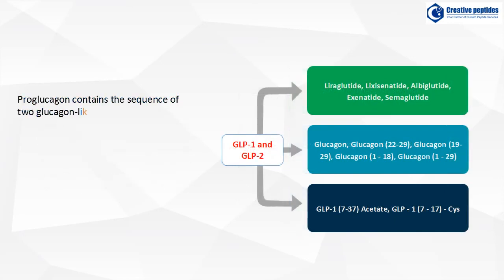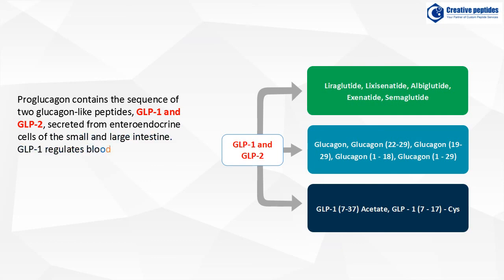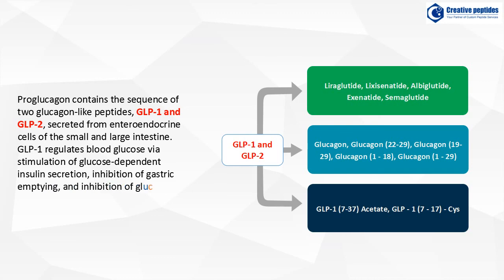Proglucagon contains a sequence of two glucagon-like peptides, GLP-1 and GLP-2, secreted from enteroendocrine cells of the small and large intestine. GLP-1 regulates blood glucose via stimulation of glucose-dependent insulin secretion, inhibition of gastric emptying, and inhibition of glucagon secretion,